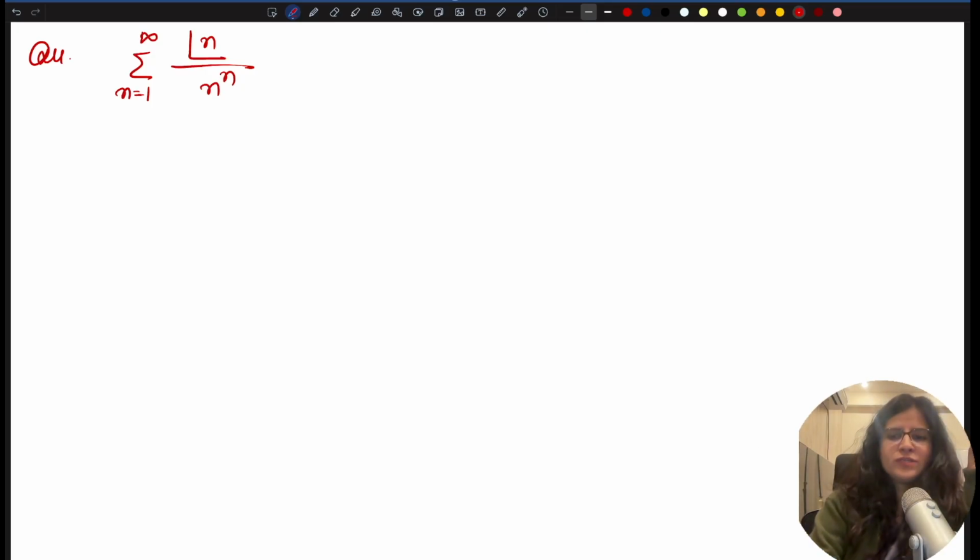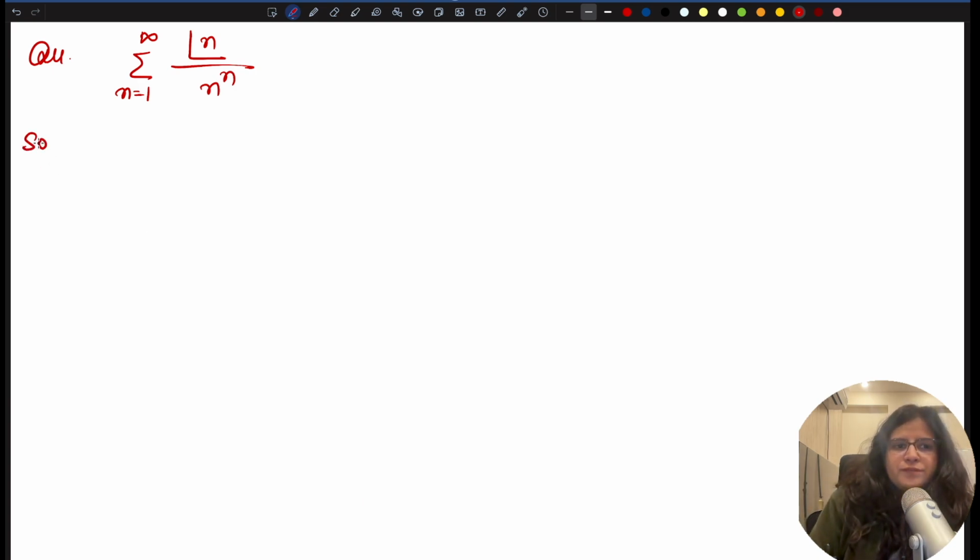So moving on to the next question, this is also based on ratio test. See, the very first test is your comparison test, है ना. आपको लगता है comparison लग सकता है, then you do the comparison test. But when comparison test doesn't work, then go for ratio test. Ratio test is the basic test. So in each and every question you have to first think of the ratio test, है ना.